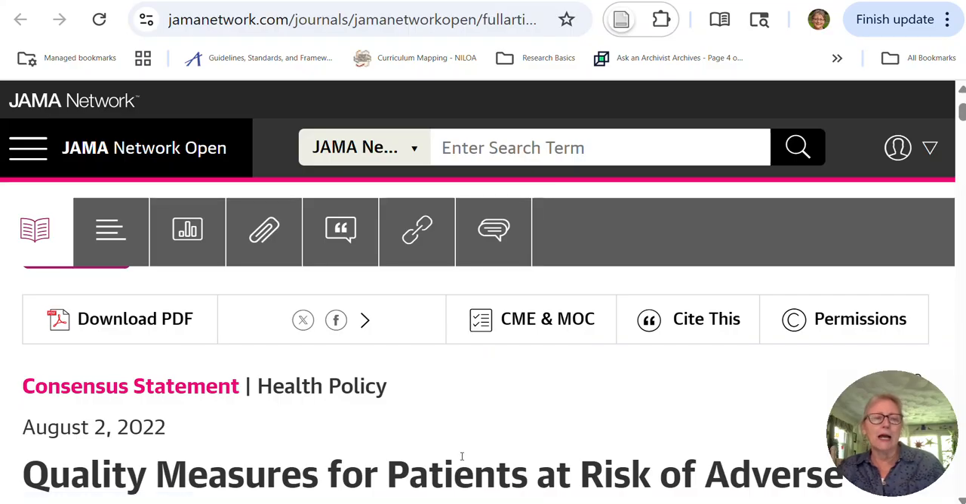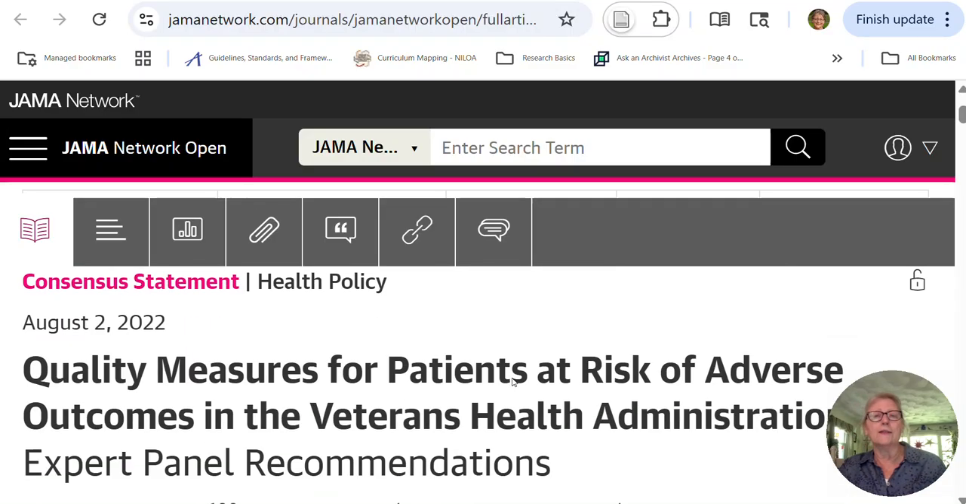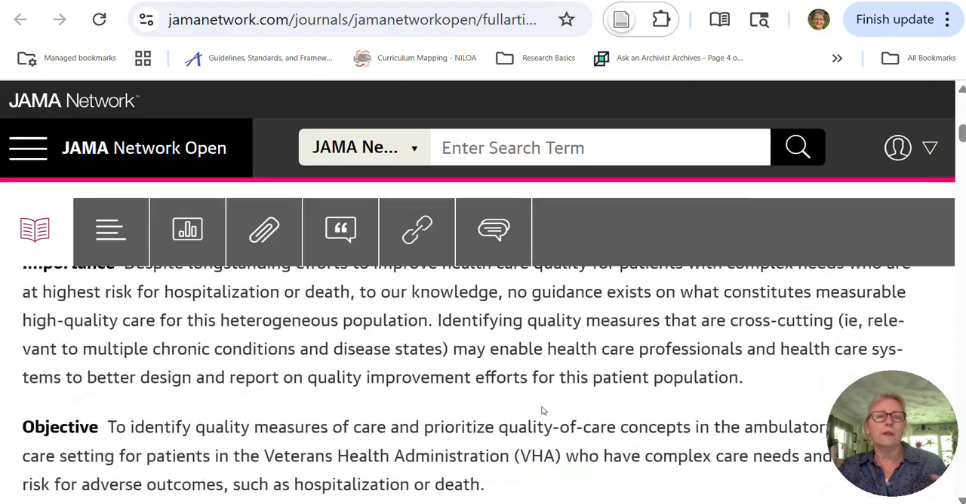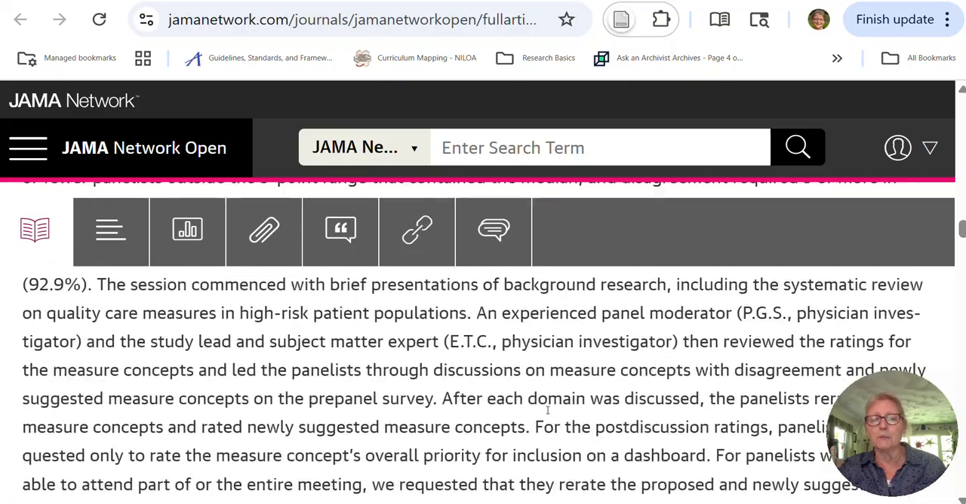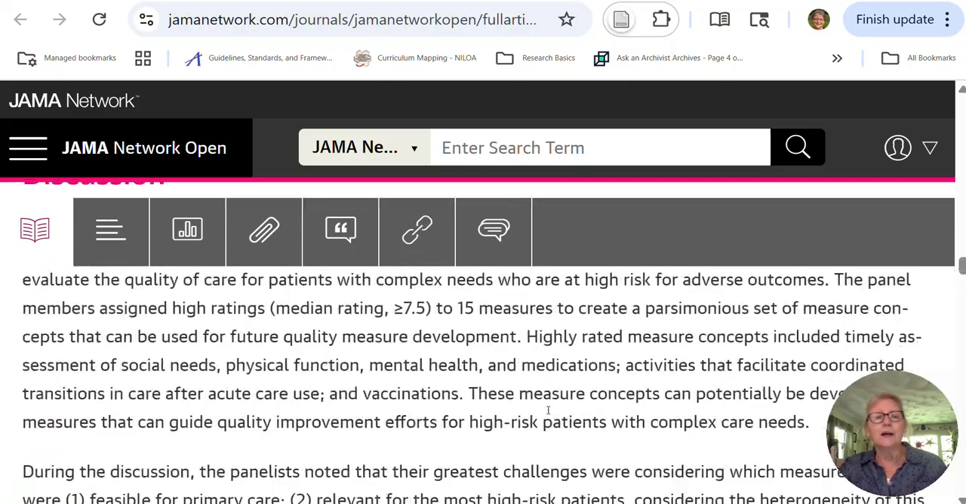At the moment, I'm in a search for an article about individual care plans for veterans. And I have found an article that is helpful called Quality Measures for Patients at Risk of Adverse Outcomes in the VHA. So I'm in this article, and then I want to explore the reference section to find out if there are additional citations that I might be able to mine for